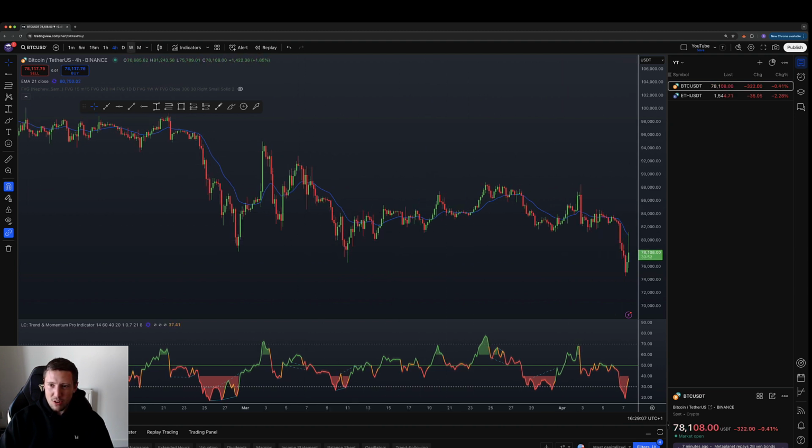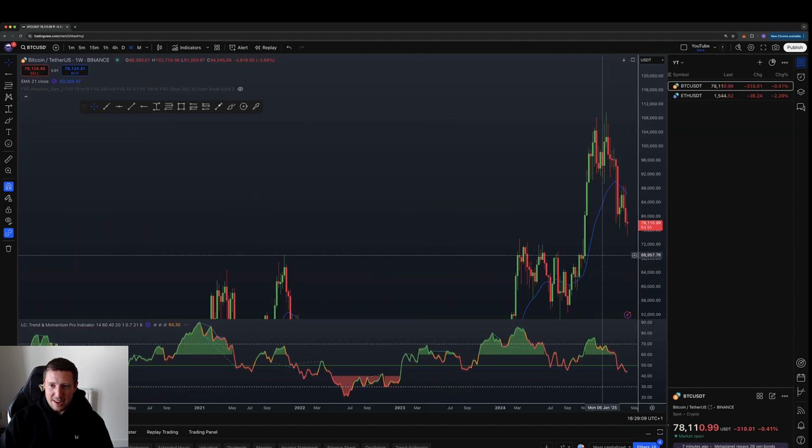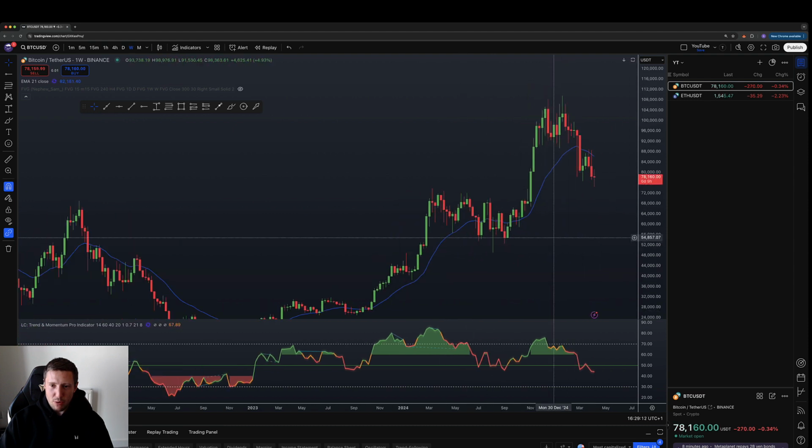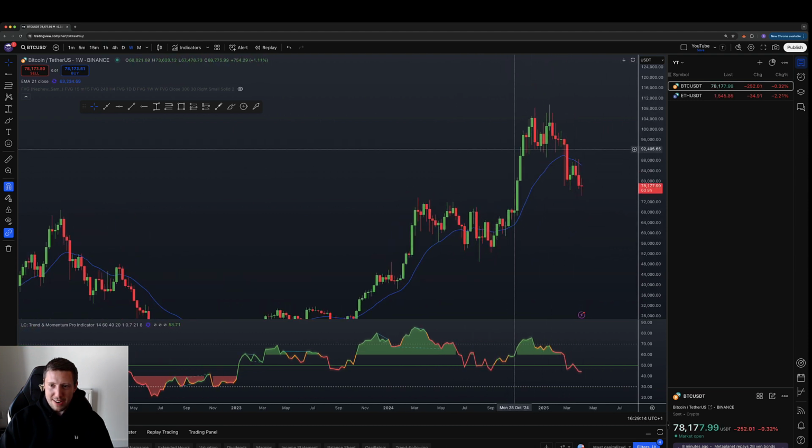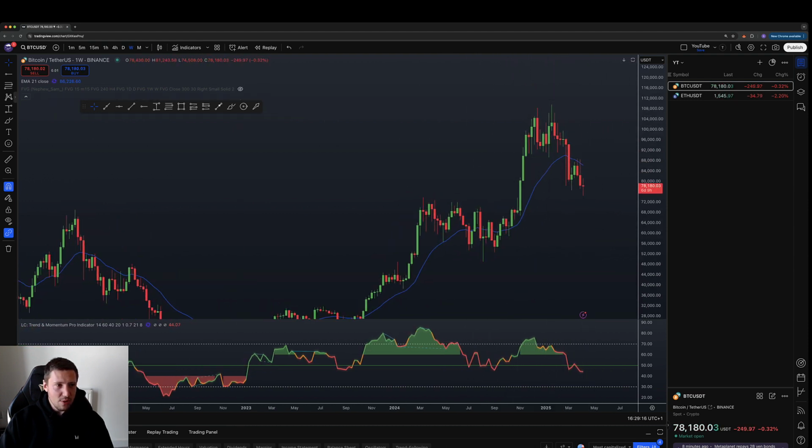And you can also look at things on the weekly, the same examples or the same clues that we were talking about before about lower highs and lower lows in a downtrend. So as you can see, for this downtrend, we didn't make any higher highs when we were up here at 104k. We then came down, made a lower low, and then made a lower high,